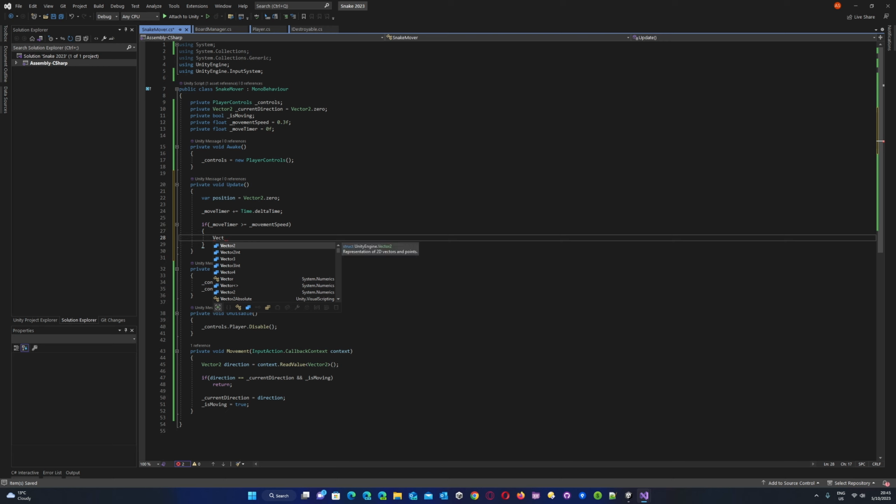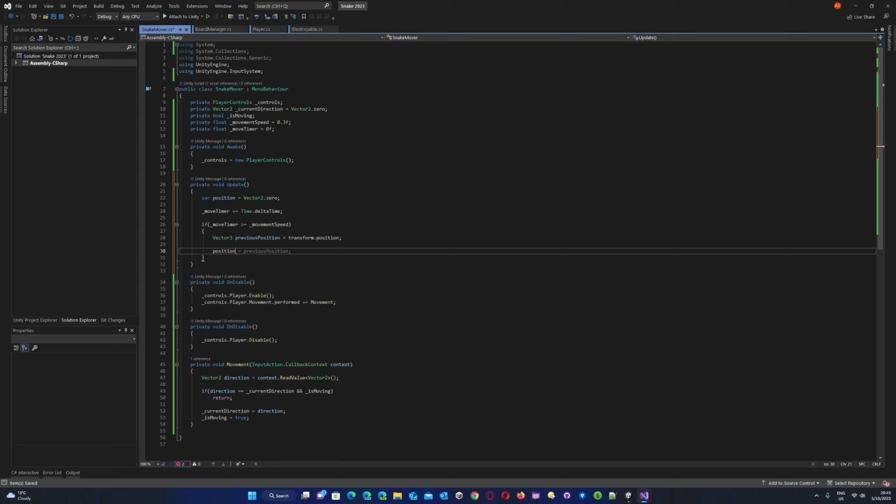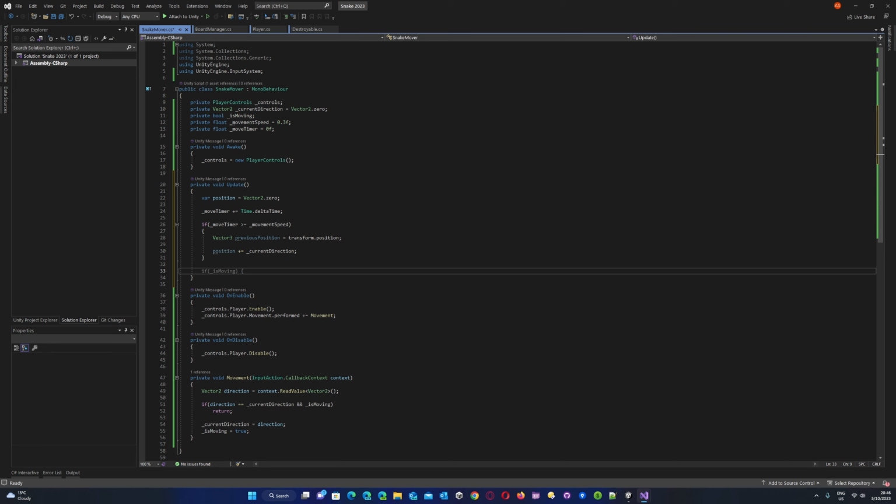We need to now get a cache of the previous position, and we're just going to get that from the transform. And now we're going to add the position with the current direction. So that means that if we change our direction and we set that current direction, we're now going to add that to the position. And the last thing we need to do on the outside of this is to do a